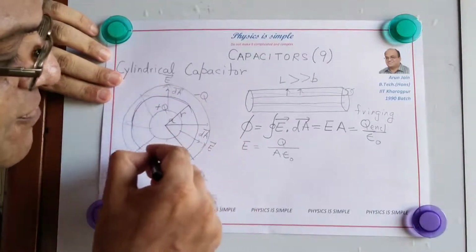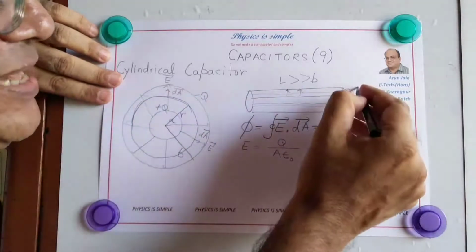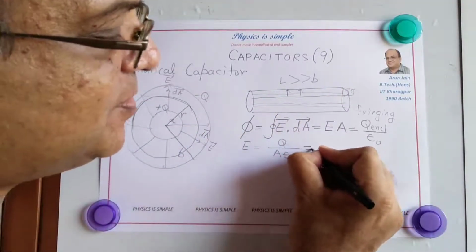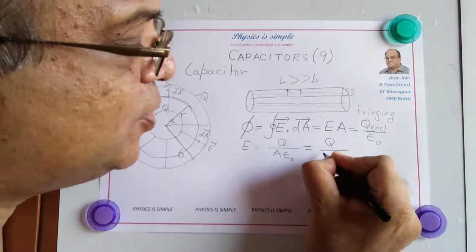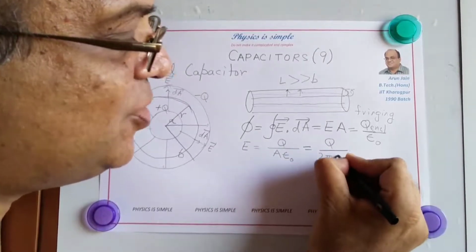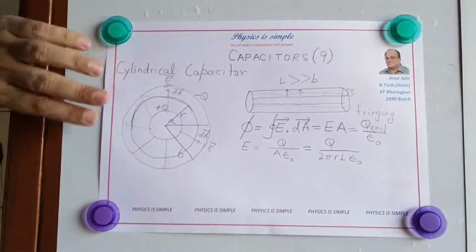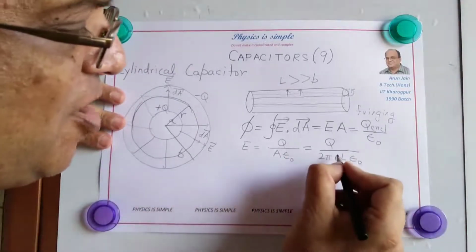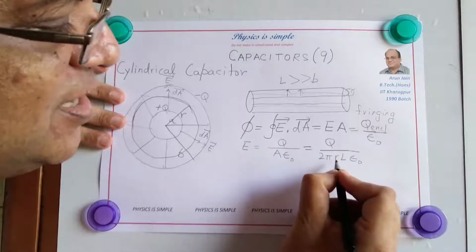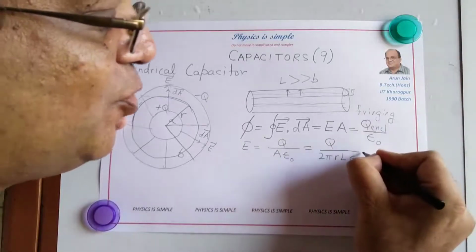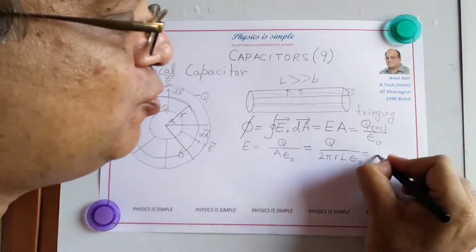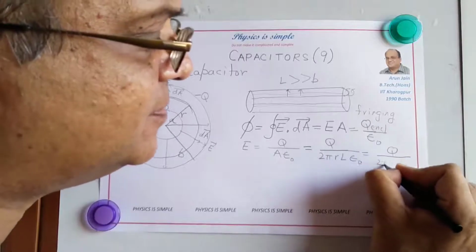And this will be the circumference 2 pi r into the length L. So this becomes Q by 2 pi r into L into epsilon naught. This is the electric field. Now everything here is a constant except this r. So we get Q by 2 pi epsilon naught L